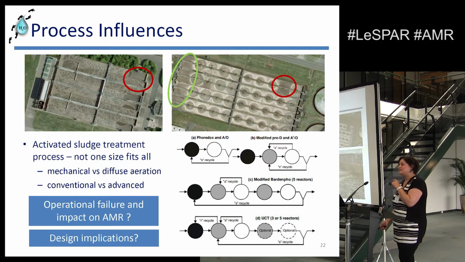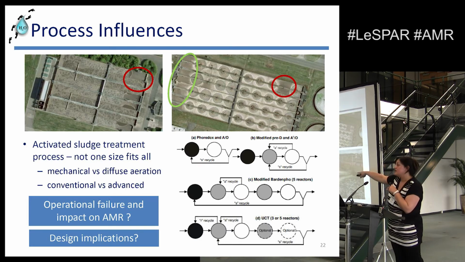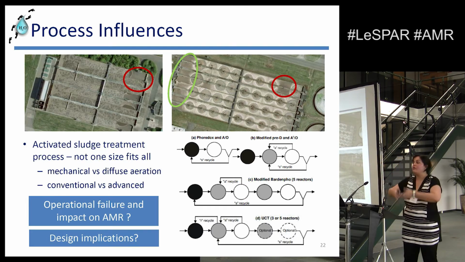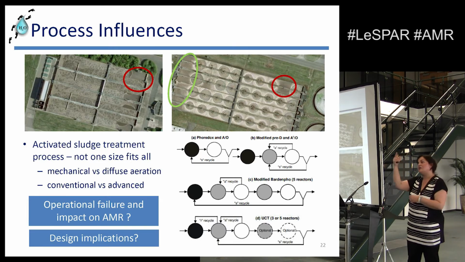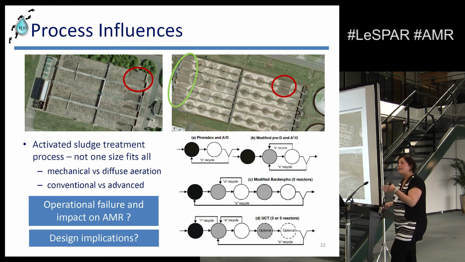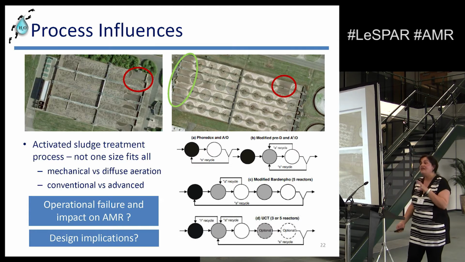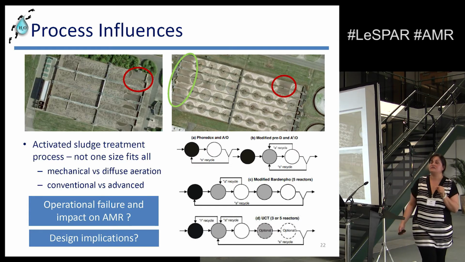Also, it's not just as easy. So if you talk about an activated sludge plant, the two on that side are called diffuse, air bubbles from the bottom. The two on this side are called mechanical. So you're throwing the sludge up, turning it around and letting it come down. This has a lot of differences in terms of spray, vectors, a whole load of other operational parameters as well. So one size does not fit all, and this is just a conventional activated sludge plant.